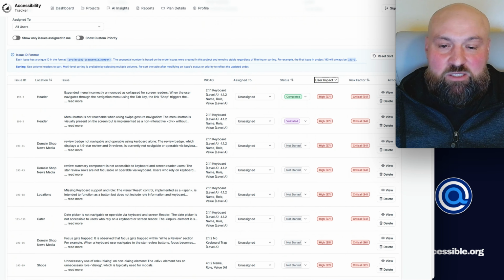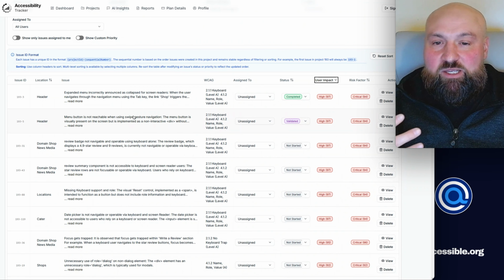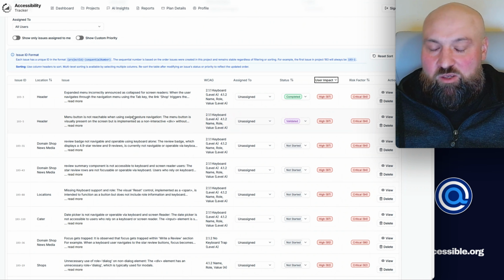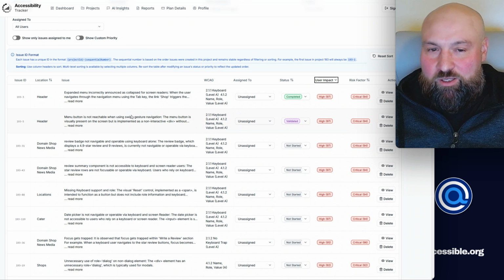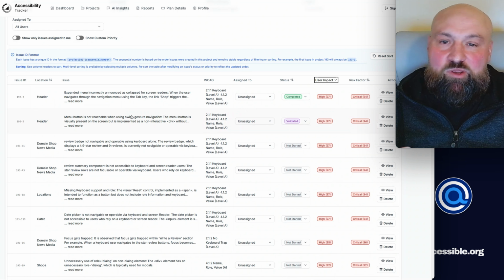But if we scroll a little bit lower, we can see another high marked as 95. And this is 2.1.2 keyboard trap. So it just continues on like that. It's a really nice way to prioritize the issues in your report. And again, this is only possible because we've gone beyond just an Excel spreadsheet, and now we're looking at the audit report online. It's now dynamic, and now there are so many different things we can do with it, including